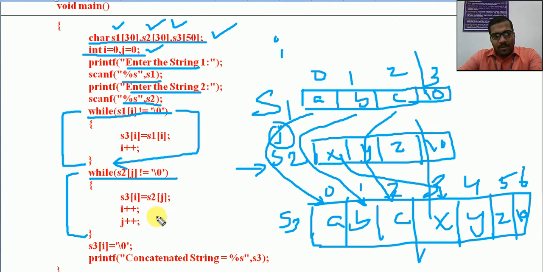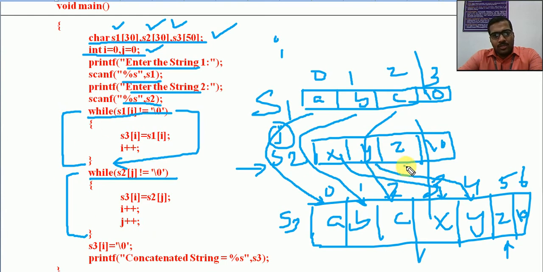Then i will be incremented once again, i will become 4. j will be incremented once again, it will become 1. Now S3 of 4 will be assigned S2 of 1, that is, this Y will be assigned to this particular location. Again i will be incremented to 5, and j will be incremented to 2.